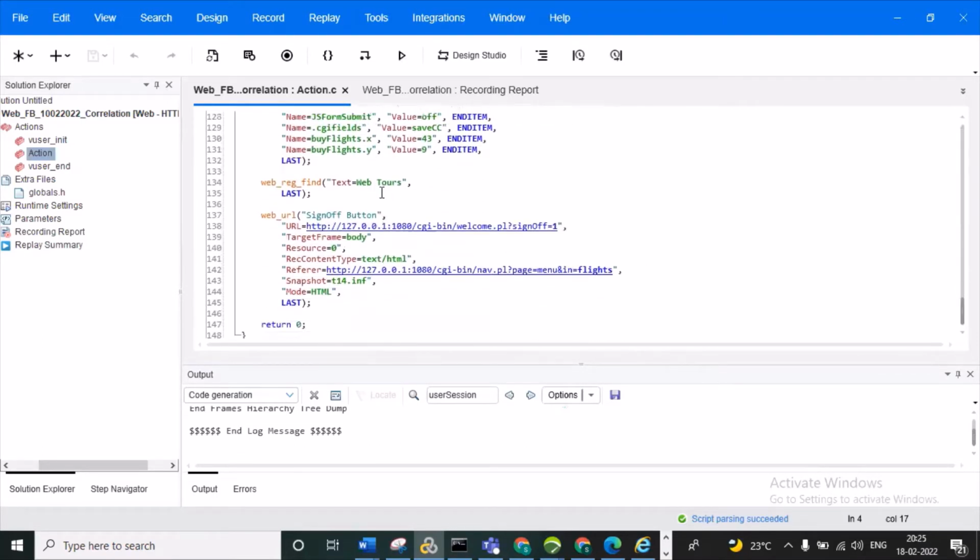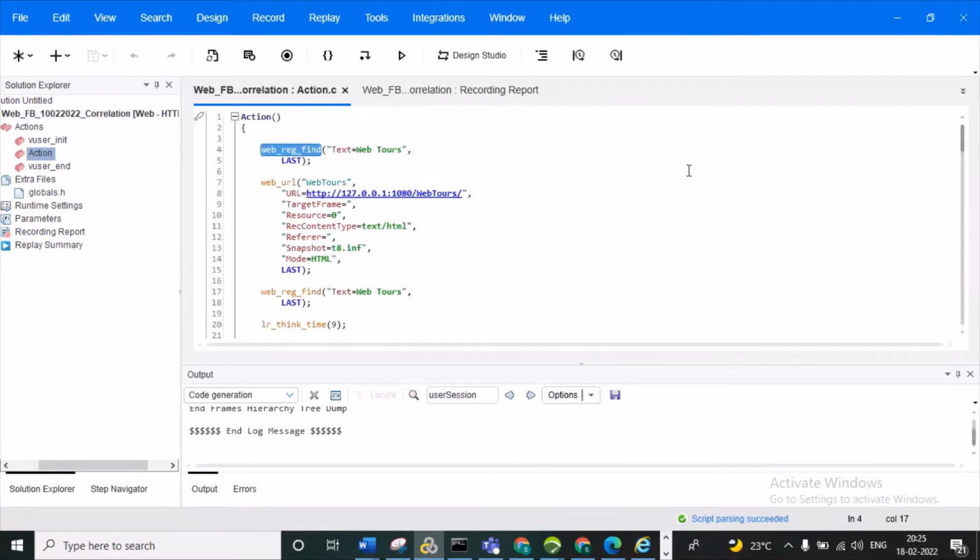And here will be the web tours sign up page, so it is automatically generated. We can also write it manually for this function. For example, if you forget or do not enable it in one place, you can add it, but doing it for each and every page would be a lot of manual effort.